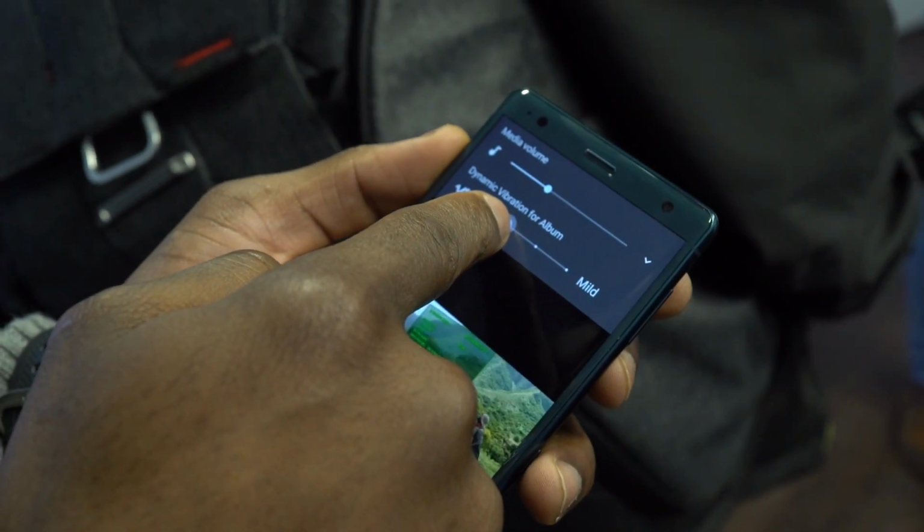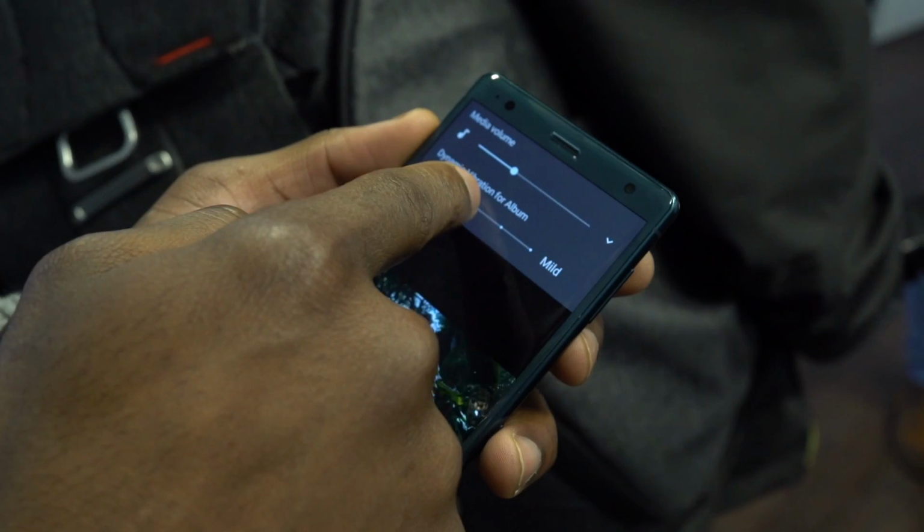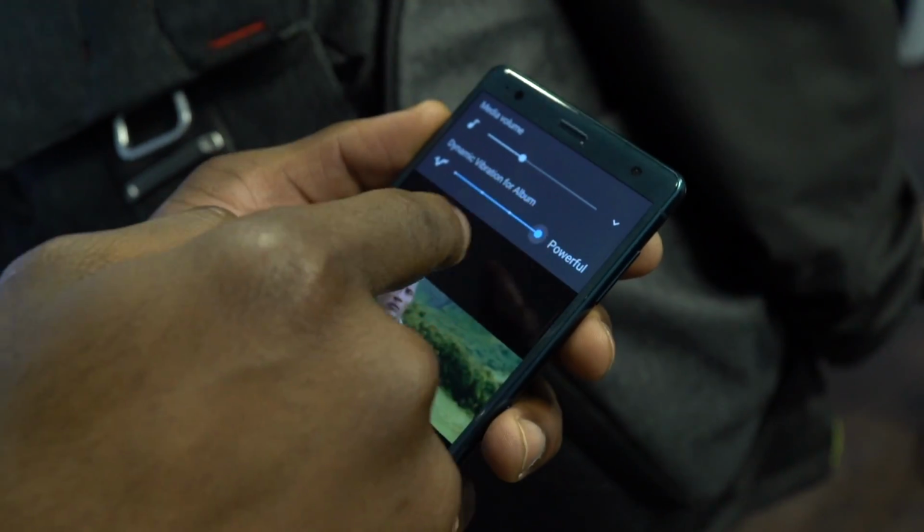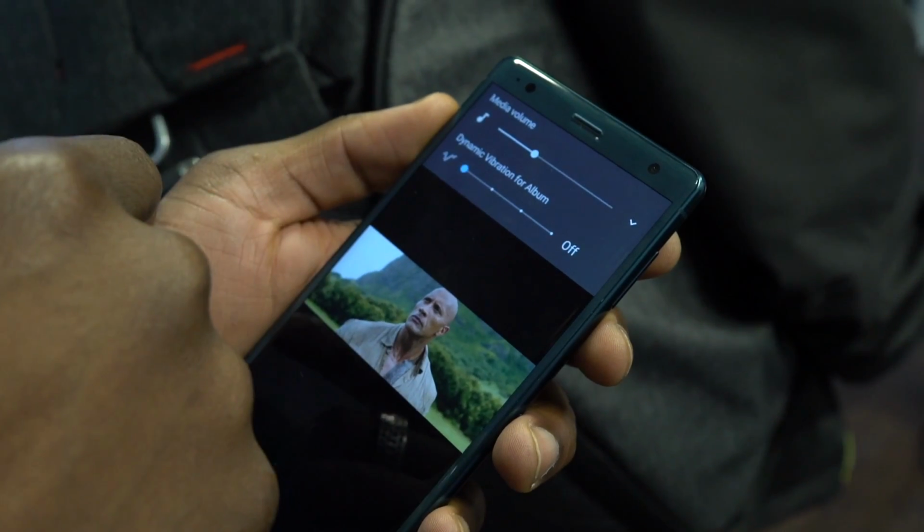Another interesting feature that Sony has introduced is its dynamic vibration system, which will analyze the video content that you're looking at or the gaming content that you're playing, and it will add vibration feedback, haptic feedback, so that it will complement the content that you're seeing on screen. It's kind of like how DualShock controllers work if you've played with a PlayStation before. So you have that feedback when an explosion's happening around you. The explosions will happen in similar places to where they are on the screen. It's hard to explain without actually trying it out, but I found it